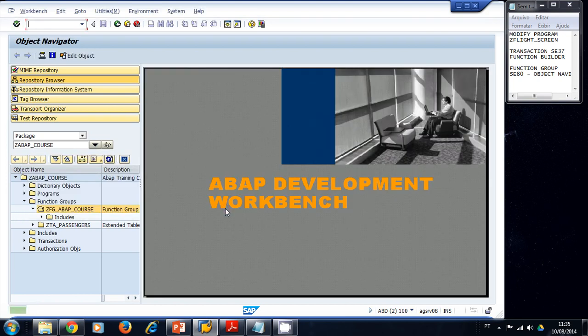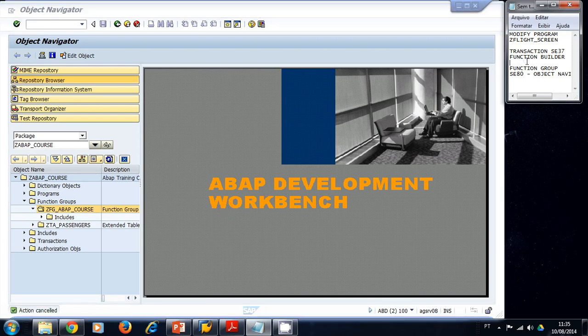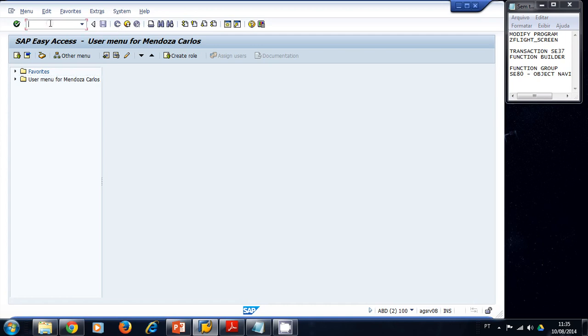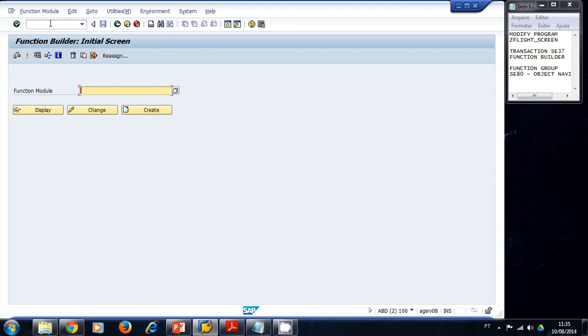I'm going to cancel because I want to show you the transaction SE37 used to create functions, and it is the function builder. So I go back and I type transaction SE37, and that takes me to the function builder. So I'm going to create a function model for selecting my data. So I'm going to call this function model C